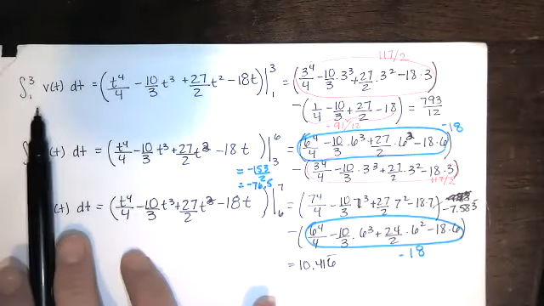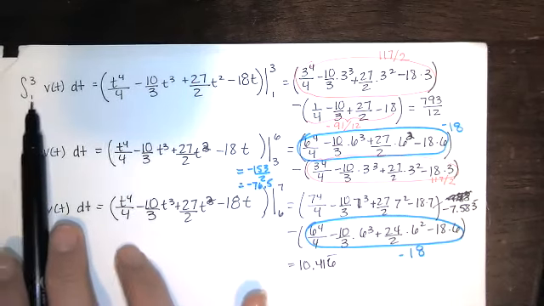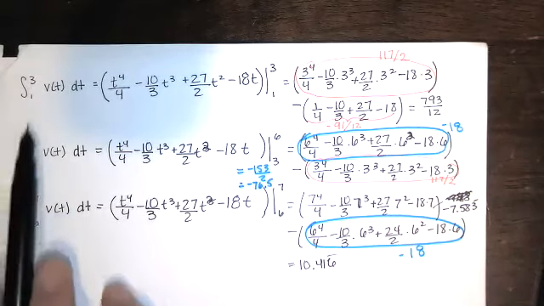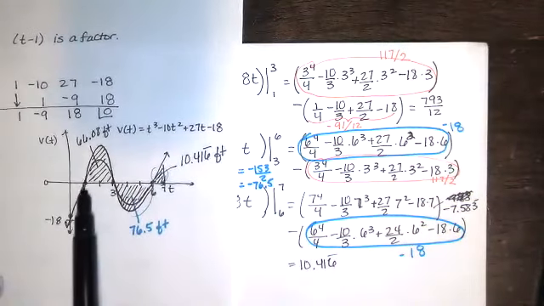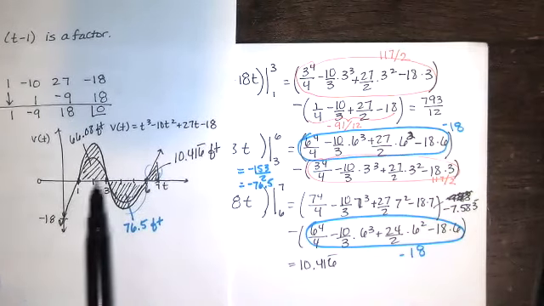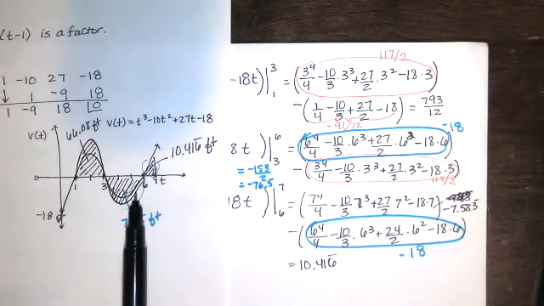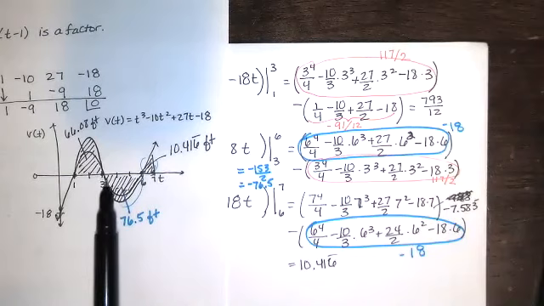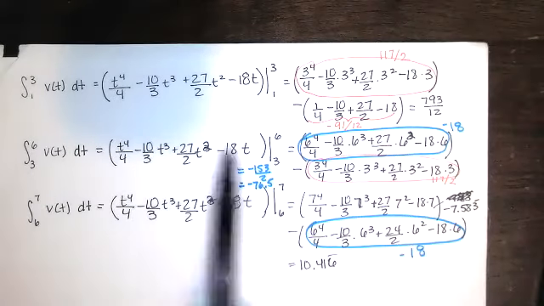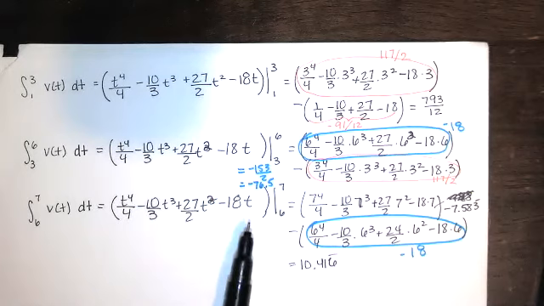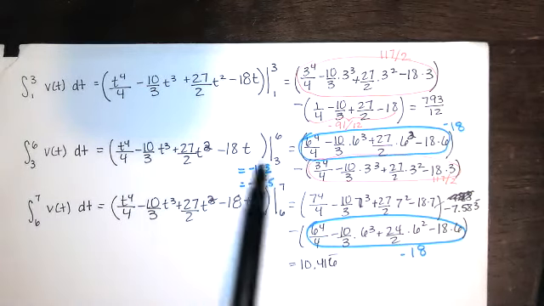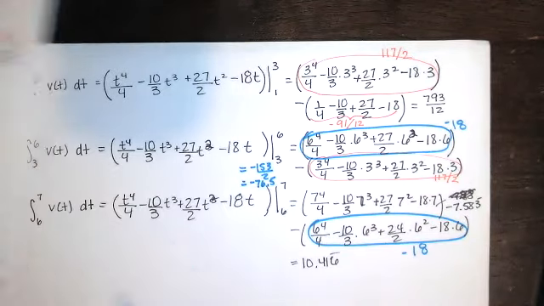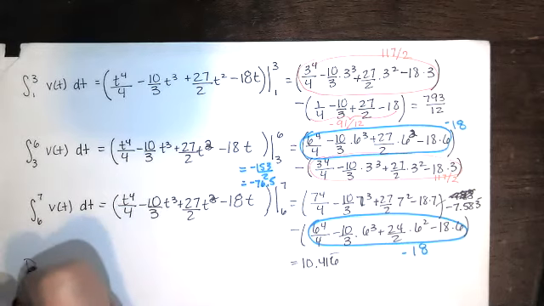You find the total distance traveled on all of those intervals, and those intervals are determined by the t-values that cause your velocity to be 0, because that's where your velocity changes from positive to negative. And if velocity is changing from positive to negative, that means displacement is changing from positive to negative. So this means we're going forward, this means we're going backwards, then we're going forward, and then we take the absolute values of all of our answers. Really, it's just this one, the one that's negative, where your displacement was in a negative direction. And then you add all three of these numbers together. So the total distance traveled,